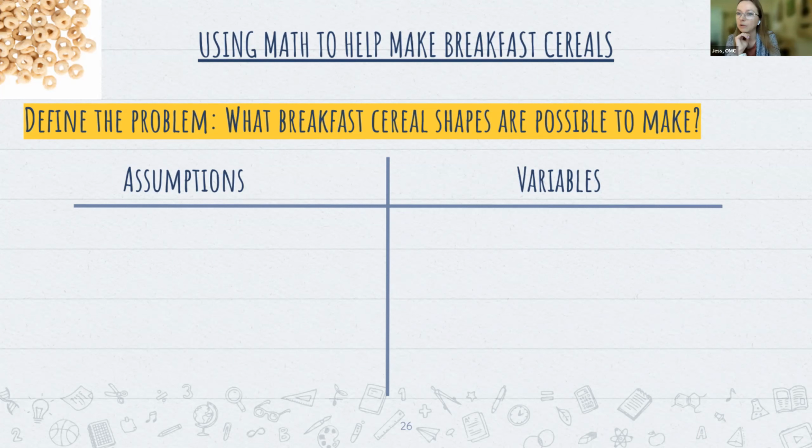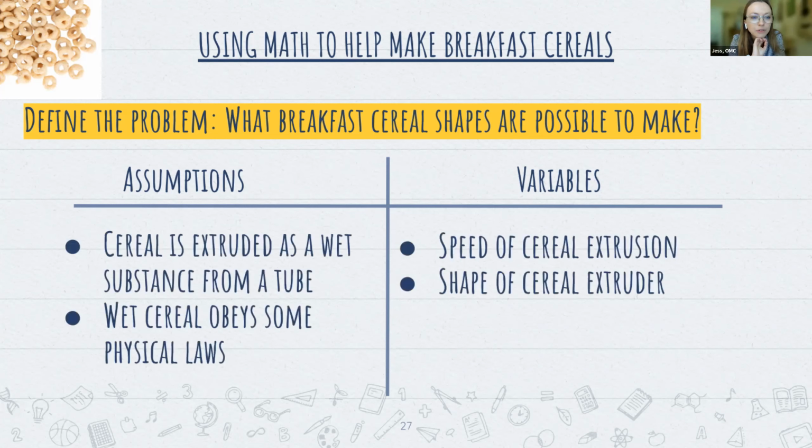And just to mention actually, Kiva, if you want to put up the assumptions and variables, thank you. So we assume that cereal is extruded as a wet substance from a tube, and exactly as you've all said, we need to assume that this wet cereal obeys some physical laws. And the physical law that this actually obeys is different from, say, the saline solution I was looking at first, because